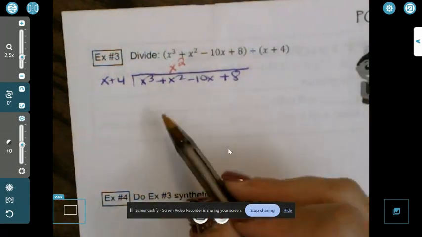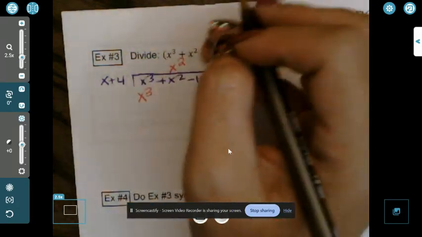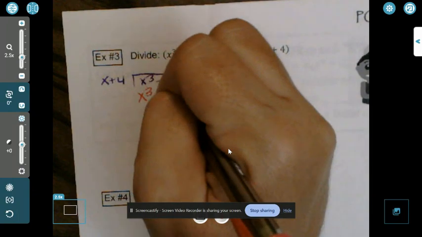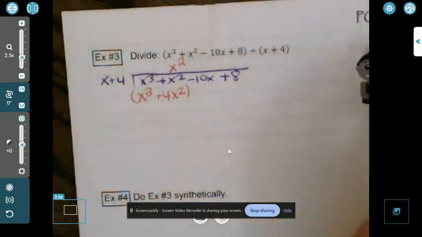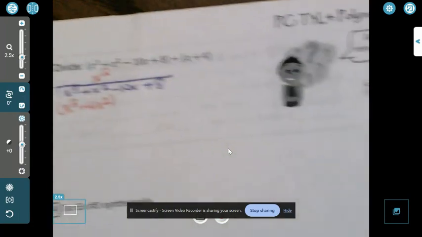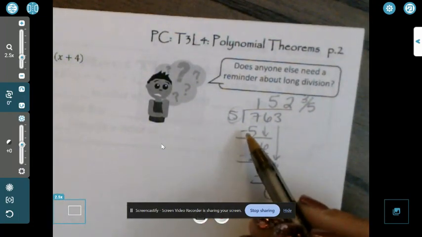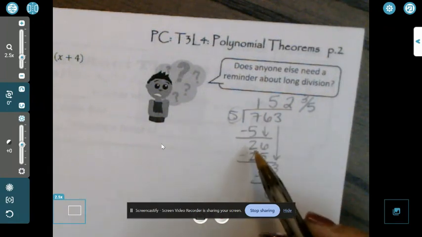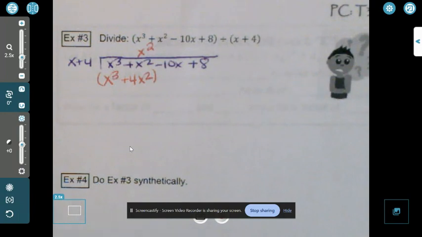Okay, so now we're going to do x squared times x is x cubed. X squared times 4 is 4x squared. Okay, so here is where people get confused on long division. Remember, over here, we just brought down 1 times 5 is 5, and then we put a minus sign. Okay, we did 5 times 5 is 25, and we just put a minus sign. Okay, so we can put a minus sign over here, which is what I'm going to do, but you've got to remember that you're technically distributing that minus. So it's going to be